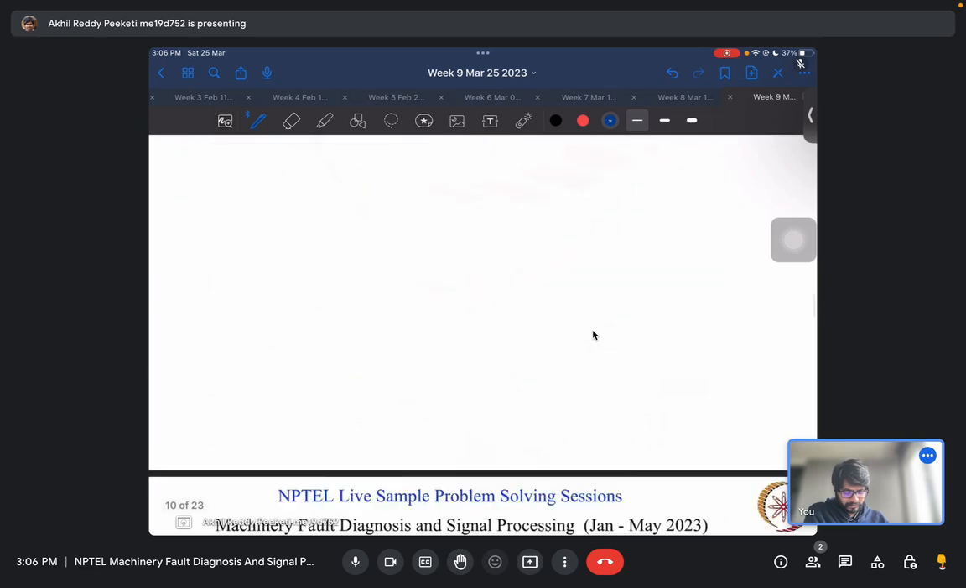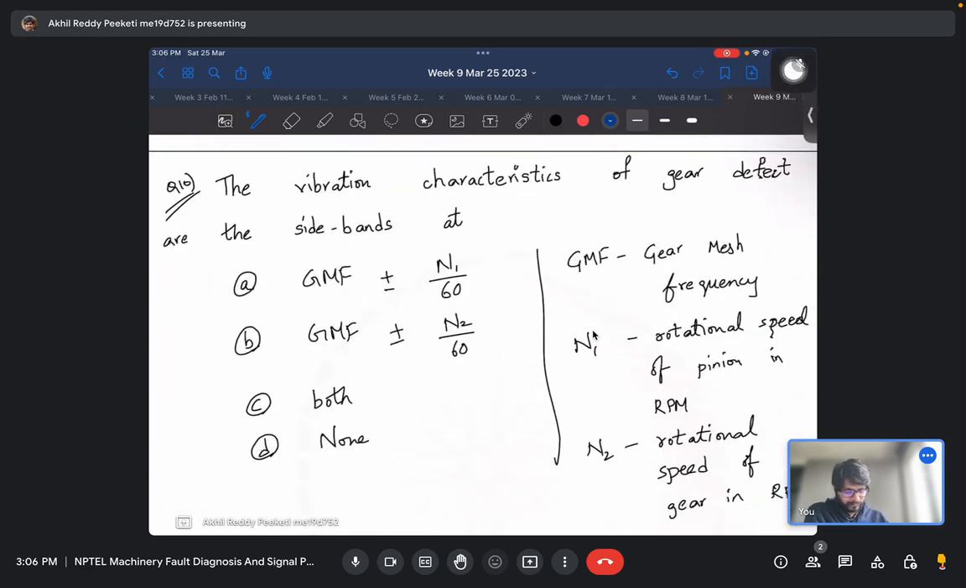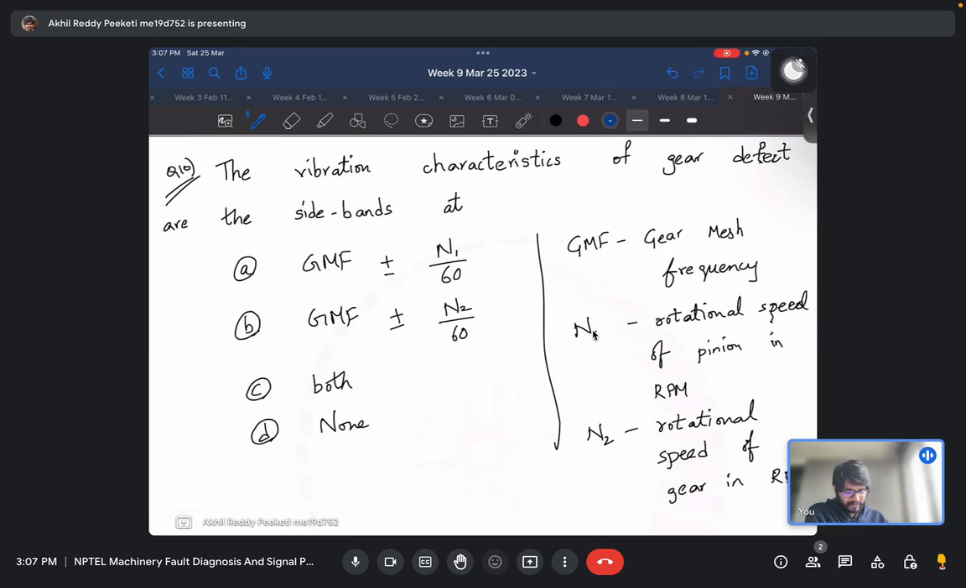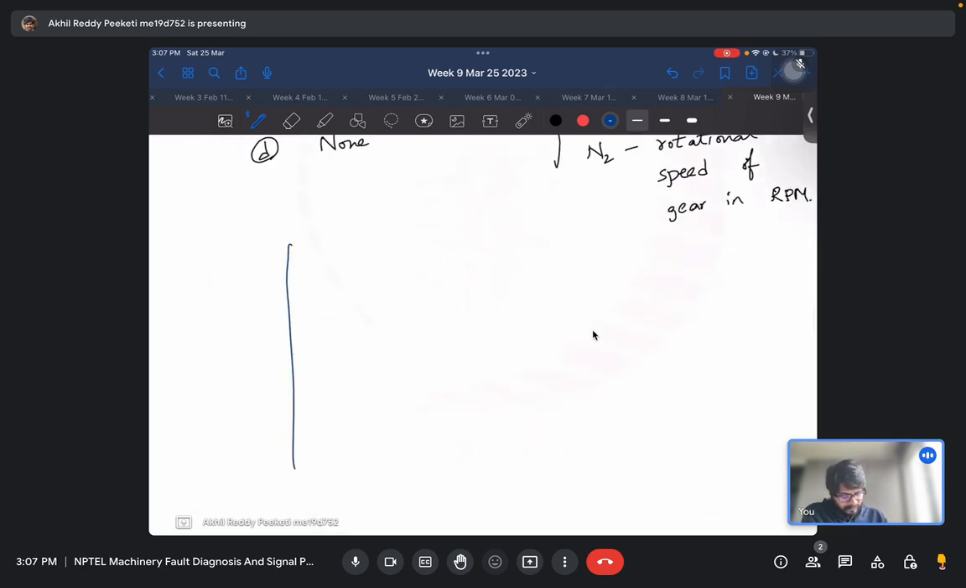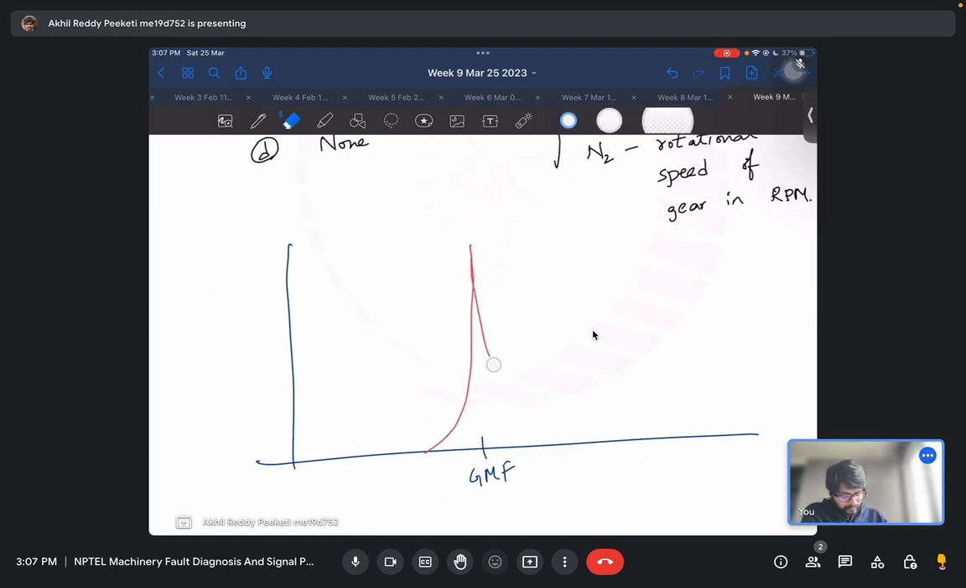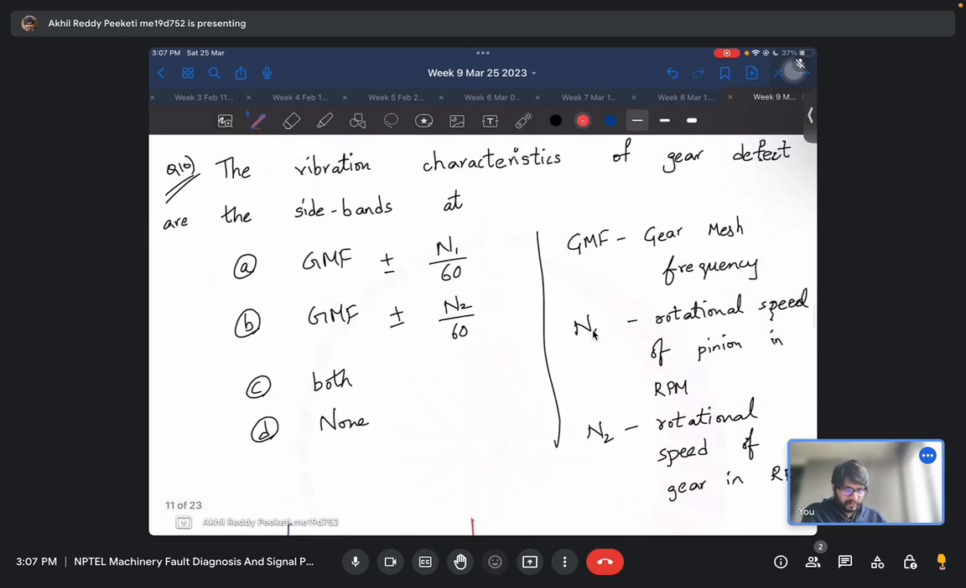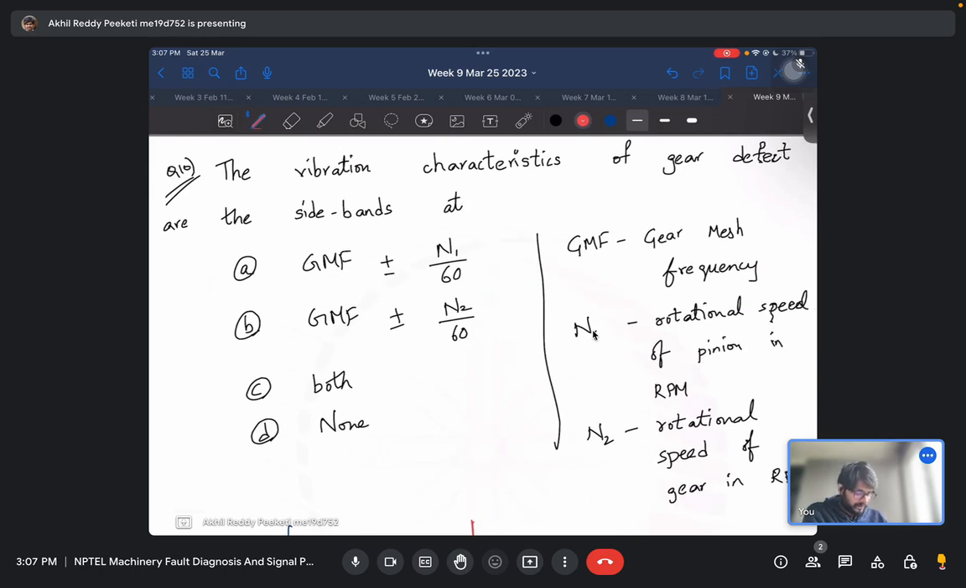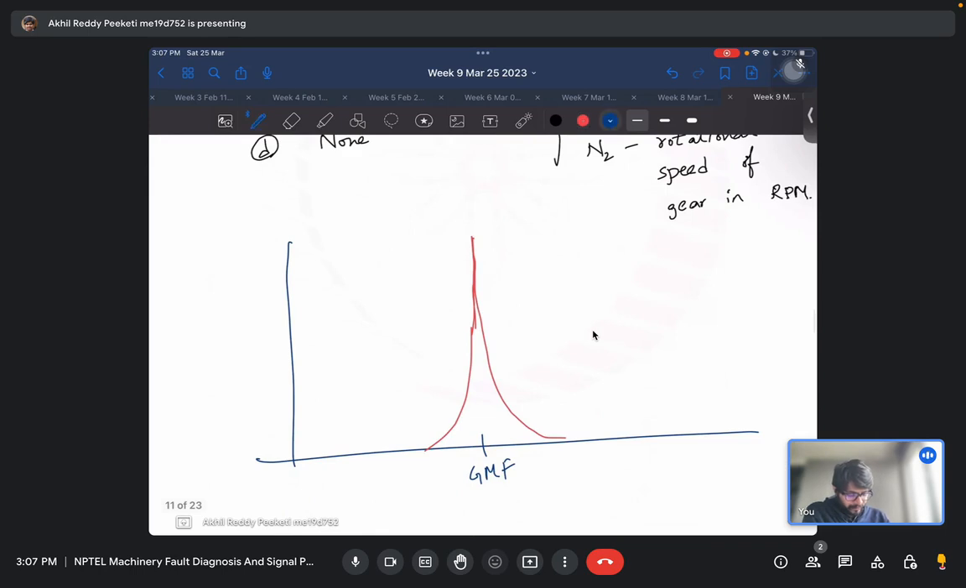Okay, let's move to the next question. The vibration characteristics of a gear defect are the sidebands at. So if you don't have any faults, you are supposed to observe peaks at only the gear mesh frequency. So your FFT would actually give you only the peaks at the gear mesh frequency. But when you have any kinds of faults in the pinion or in the gear, then you would observe